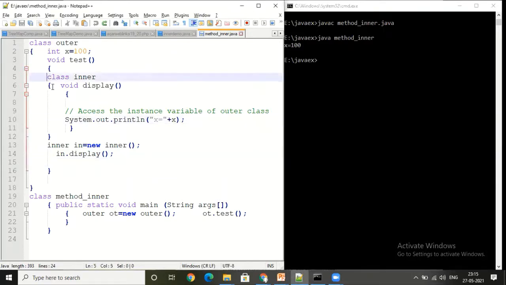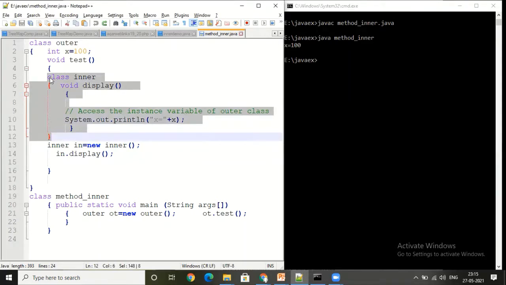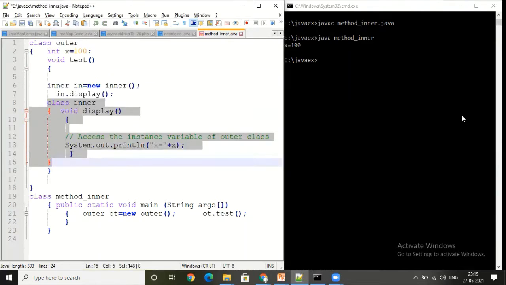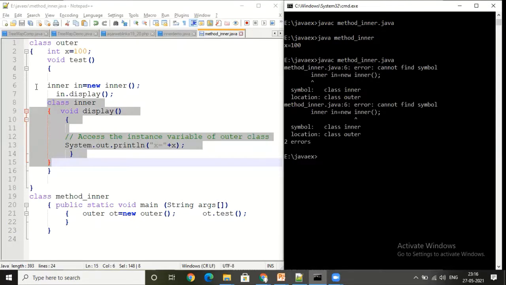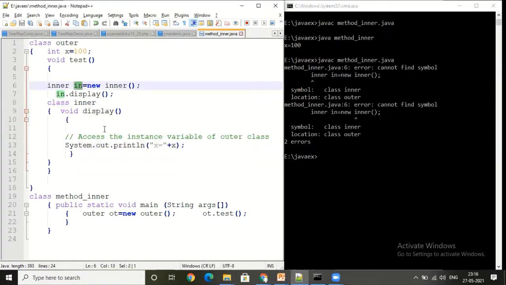But just assume that you have defined this class after creating the object. This time your execution won't work. Now just observe what error you are getting, because you are creating the object of an inner class which has not been defined yet, as the definition of the inner class is below the point where you create the object.